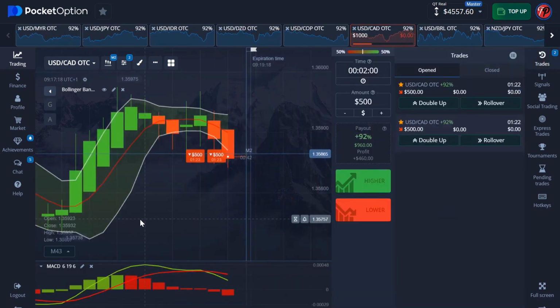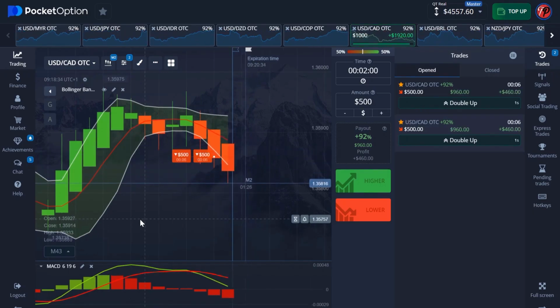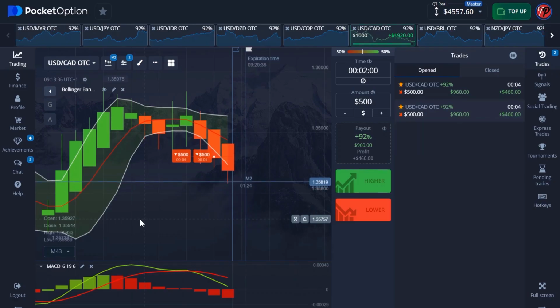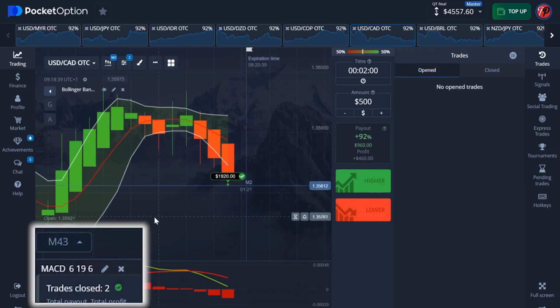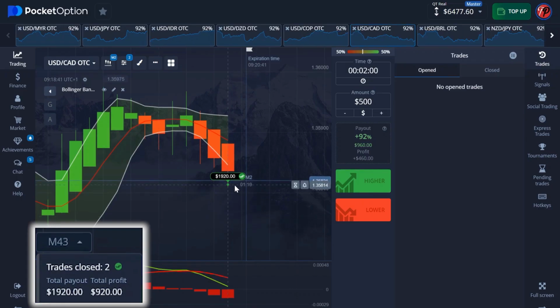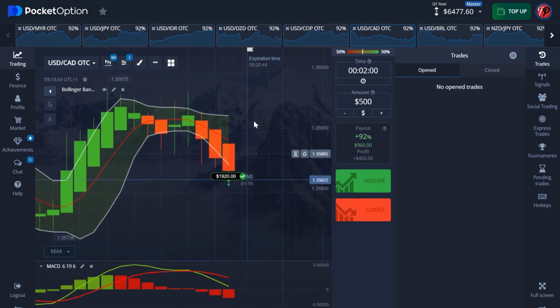So guys, let's wait and see if this is going to be a good one. We have like 1 minute and 18 seconds left. So let's wait and see if this is going to be a good one in the next few seconds. All right guys, once again we have less than 5 seconds to close the trade. A good one there guys. We're in the money on that. That's a very powerful one. Let's keep